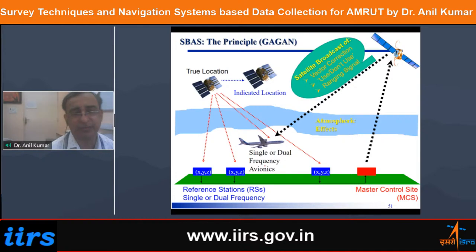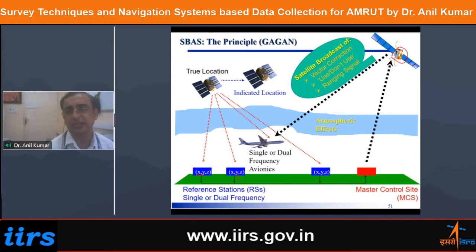GAGAN, how does it work? For India, there are some referencing stations. They keep working, they are known points, and we are getting the coordinates from the satellite. So they find out the difference every 1 second. That difference is given to the master control. Master control uploads this difference to a geostationary satellite called